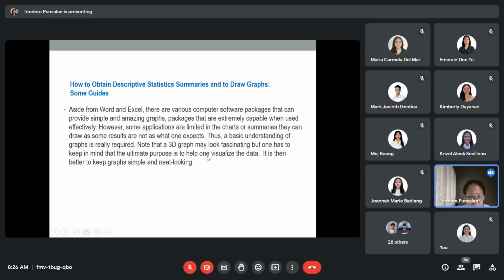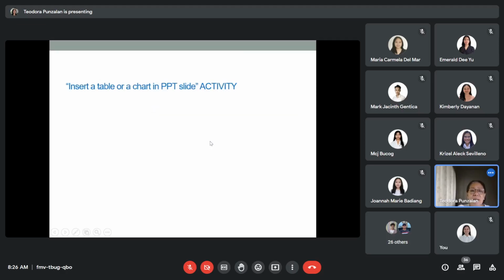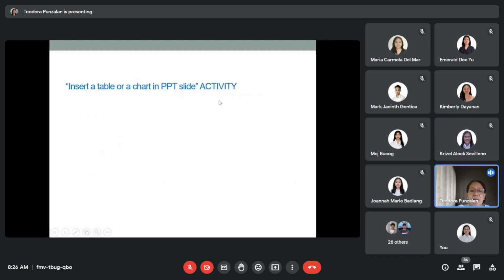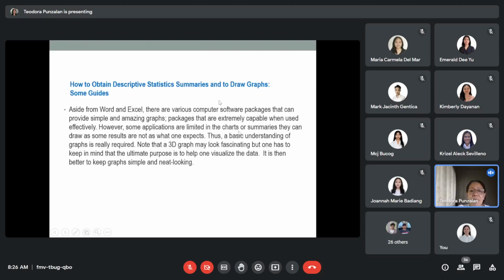And the results should be in table or chart form. And for the drawing of the graphs, there are some guides, just read this one. Now, regarding the descriptive statistics summaries,